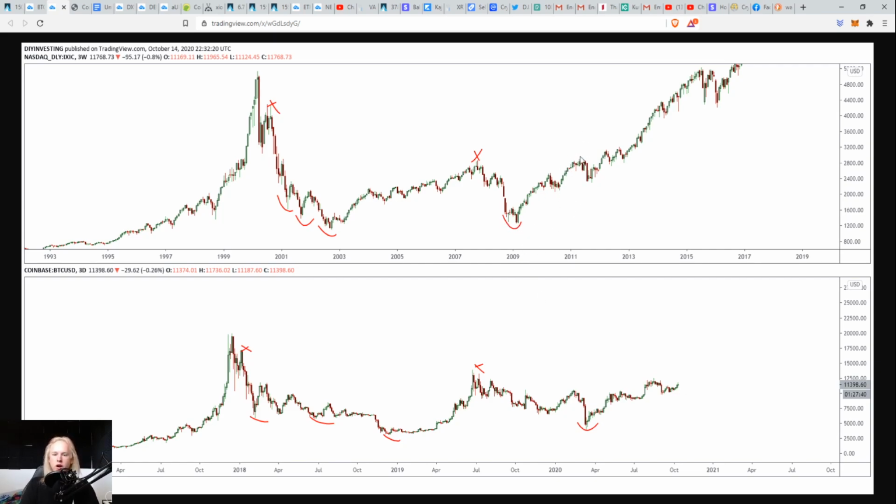And so where I think we are is somewhere in between this area right here. We could potentially be right here, and we might not actually get the sell that's going to take us back down to about 9K. We might already be at the bottom before ultimately breaking out much higher. Overall, I'm expecting that this chart and this chart are going to continue to behave the same. And this is really what I'm expecting to have happen with Bitcoin. Just a big parabolic move as we venture closer to the all-time highs of 20,000. And that's really what I expect Bitcoin to close out this year.